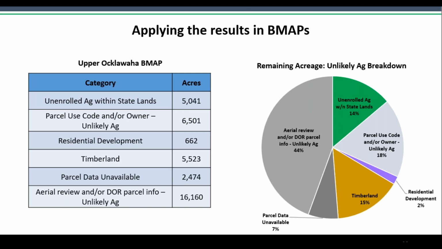So during the BMAP development process, we provide this data to FDEP when it's applicable to update land use coverages and assist in accurately estimating nutrient loading. Since this analysis is done at least yearly statewide, we also provide this information during annual BMAP update meetings, broken down by each of the categories you see shown on the slide. So this is the same information just presented in two different formats. On the right, you have a graphic, and on the left, a table.